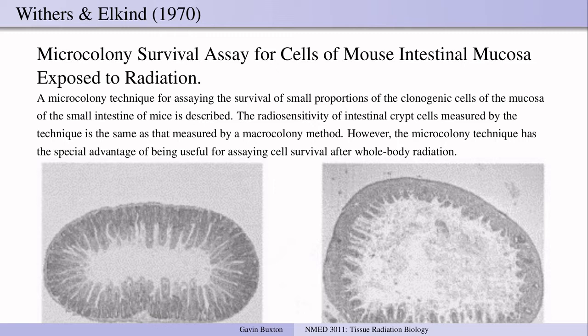And in these acutely responding normal tissues, survival is usually assayed within a month after radiation because of this rapid turnover of the clonogenic stem cells. And that's basically one way in which